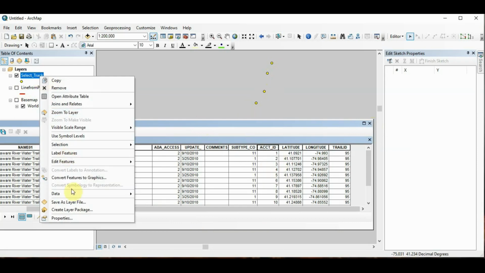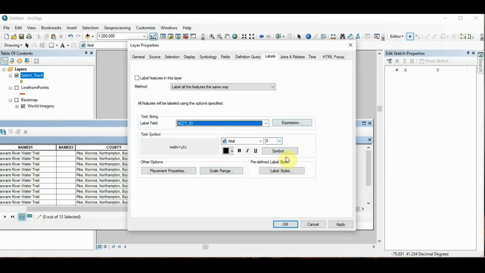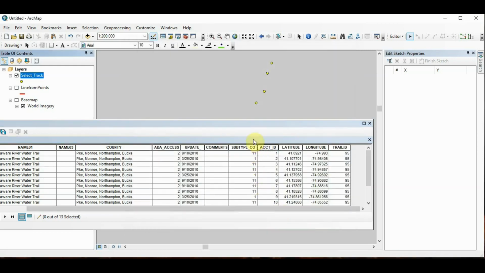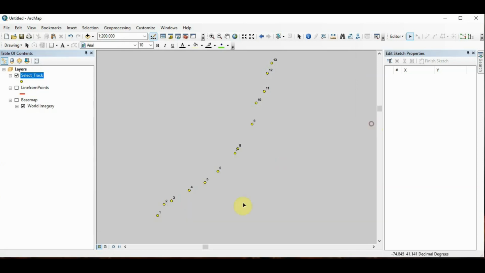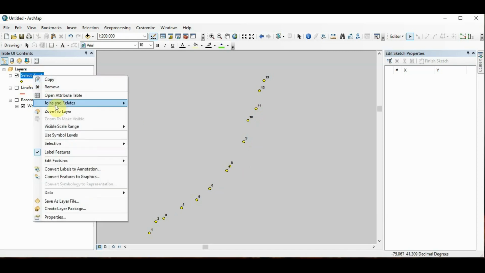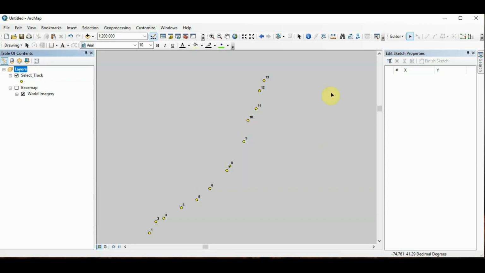So for example, if you could label these, I created a field and numbered the points the way I want the line to be created. And this field, in this case, I called it account ID. If we redo the process again,